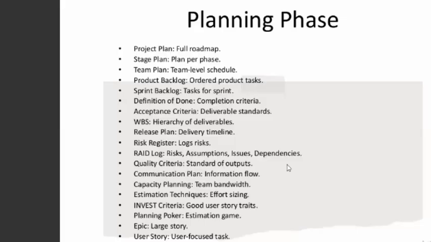Now, for a product outcome or a sprint outcome to not meet the definition of done, it means that the acceptance criteria was not met. So the way we know that the outcome of the sprint did not meet the definition of done is if it does not meet the acceptance criteria. Once it does not meet acceptance criteria, we conclude that this does not meet the definition of done, because in line with the acceptance criteria, the system must be able to allow customers to click a button. But the customer is not able to click the button at the end of the project. So it doesn't meet the acceptance criteria.